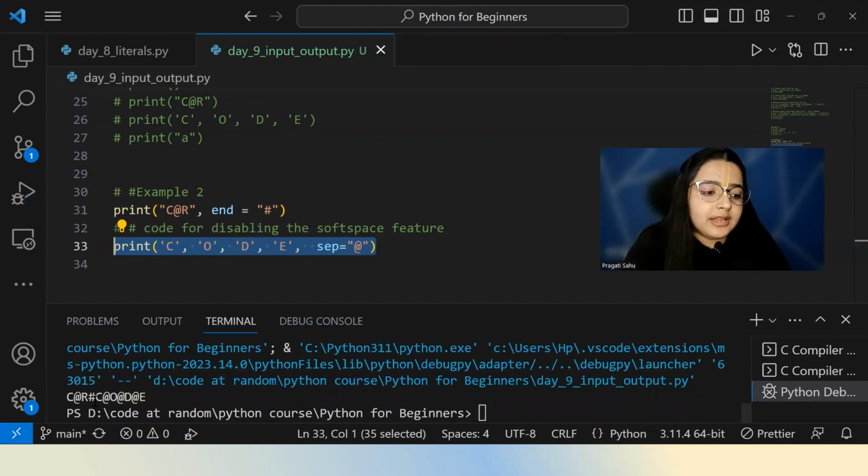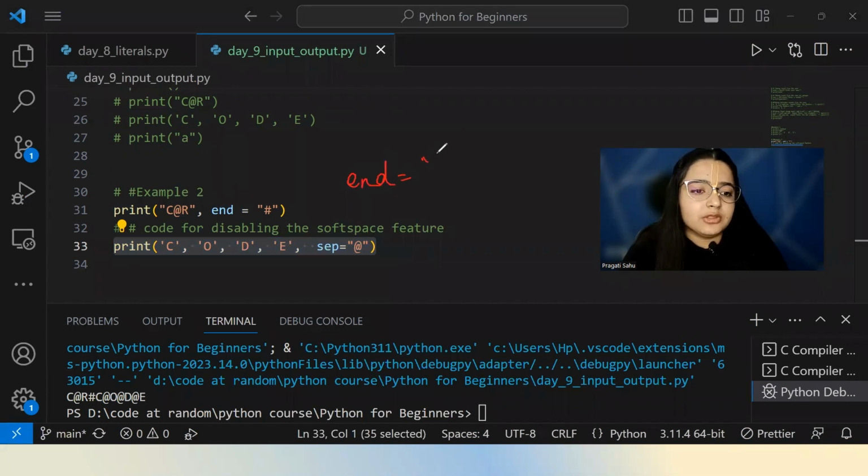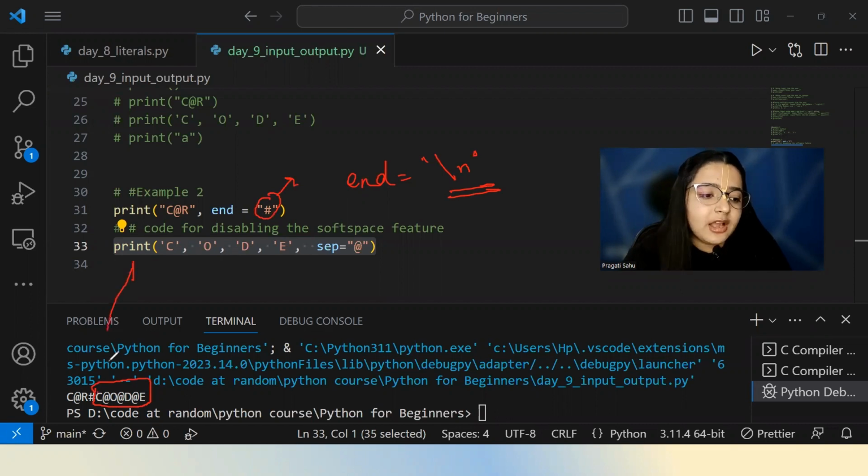end में मैंने दिया हैशटैग, तो C@R हैशटैग आ गया, क्योंकि यहाँ पे हैशटैग था तो उसने न्यू लाइन को कंसिडर नहीं किया, वरना ऑब्वियसली क्या करता, ऑटोमेटिकली न्यू लाइन कर देता। व्हाट आई मीन, end की वैल्यू बाय डिफॉल्ट होती है हमारी न्यू लाइन, तो मैंने यहाँ पर end की वैल्यू हैशटैग दी, तो उसने न्यू लाइन जनरेट नहीं करी, और उसने सेम लाइन में हमारी नेक्स्ट लाइन को भी प्रिंट कर दिया, that is this, you are seeing. ठीक है, ये हमारा नेक्स्ट लाइन का आउटपुट है, और ये C@# हमारा फर्स्ट लाइन का आउटपुट है, फर्स्ट प्रिंट स्टेटमेंट का आउटपुट है।